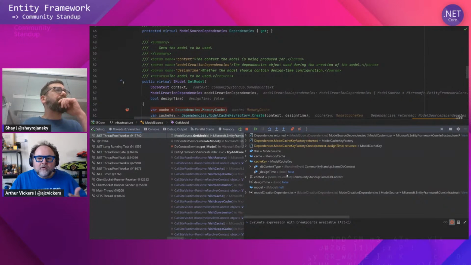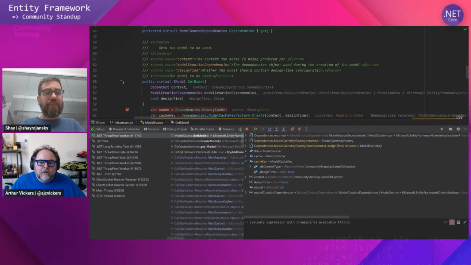And that's kind of the normal process. But for certain situations, you need the design time model, and that's when this comes into play. But fundamentally, you get one model per DB context type. And this is the caching mechanism I said. So if I have my SomeDbContext, we're going to assume that it uses the same model every time it is used. And that context type will always use the same model. And that's the default caching